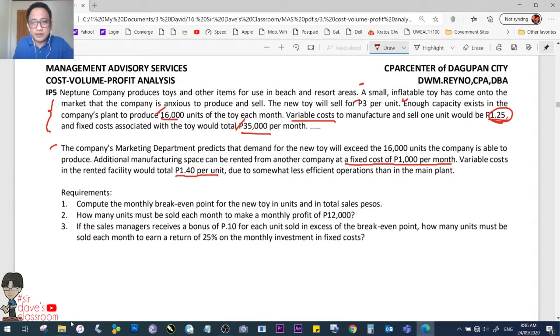Eto, sa rented facility naman, dahil tini-expect daw more than 16,000 yung ating maproproduce, ay 1.40 yung ating variable cost due to somewhat less efficient operations, sabi dyan. Siyempre, tataas din yung fixed cost kasi rented facility yun, additional 1,000 per month. So, number 1. Compute the monthly break-even point for the new toy in units and in total